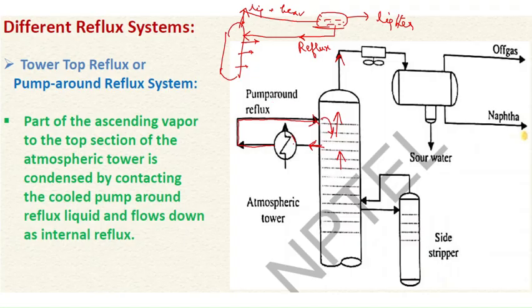After that, this liquid goes below and the vapor comes up, so better mass transfer will take place. What is the purpose of this reflux? For better fractionation, better mass transfer is required, between the liquid stream and the vapor stream. For that purpose, we do this continuous reflux of the side stream, so that proper mass transfer between the liquid and vapor phases takes place, and better separation of the side cuts takes place. Okay.